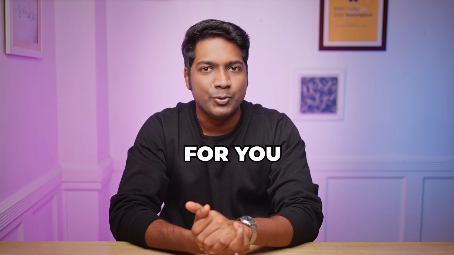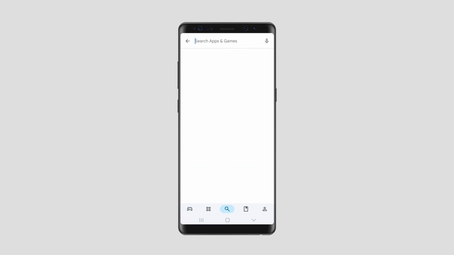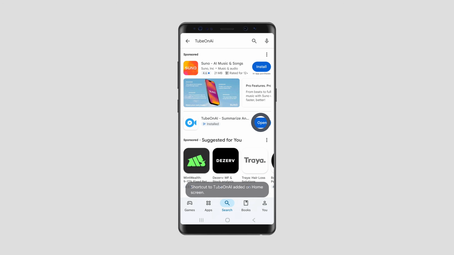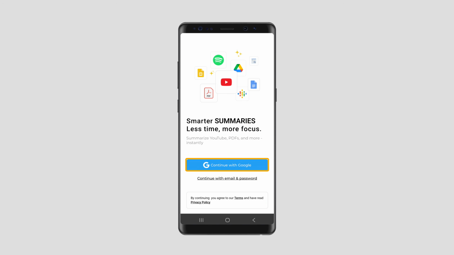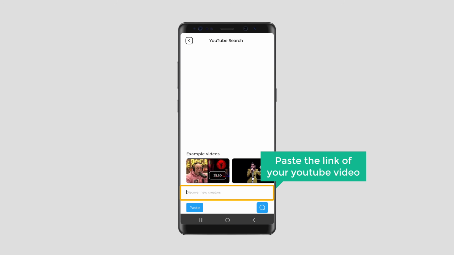Okay, if you want more control over your summaries, like changing the tone or language, then this app is perfect for you. It's TubeonAI, and to get this app, go to the Play Store, search for TubeonAI, install the app. Now sign up with your Google account, and that's it. We have got the app. Now here, place the link of your YouTube video,